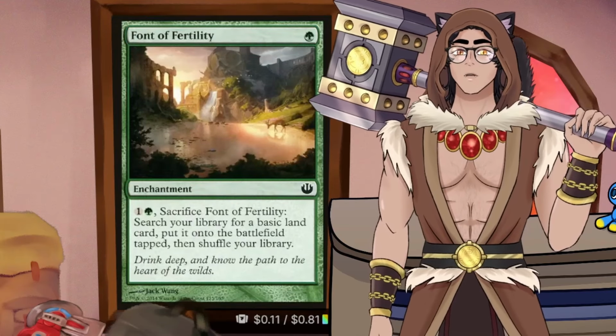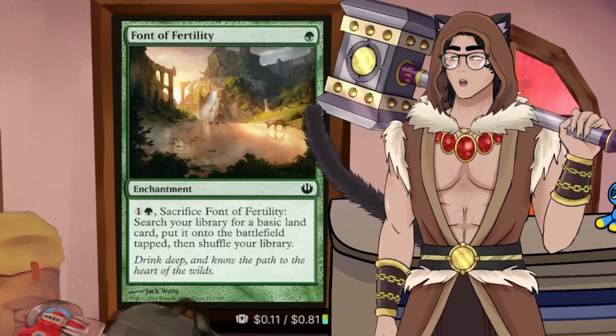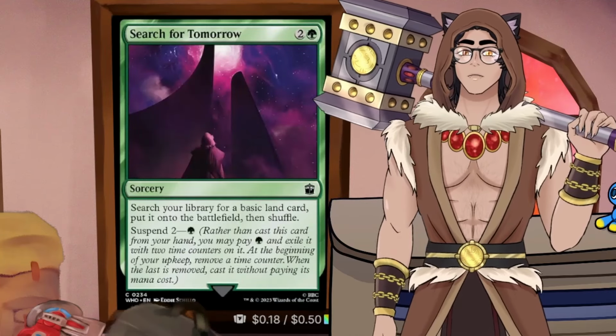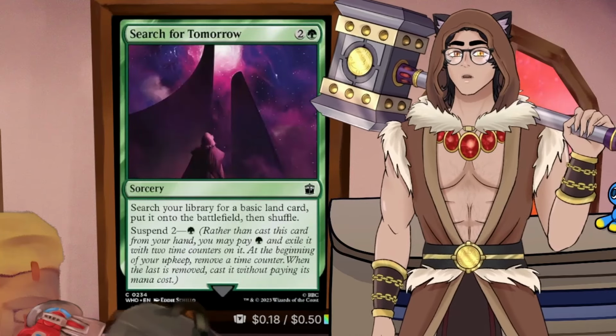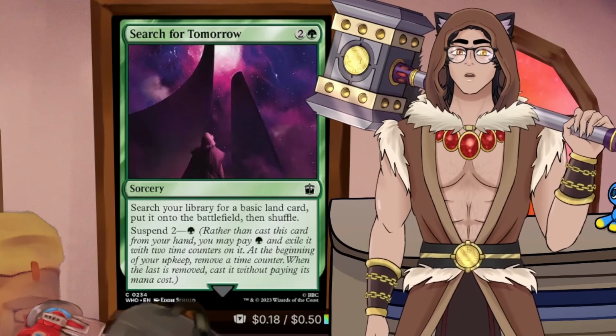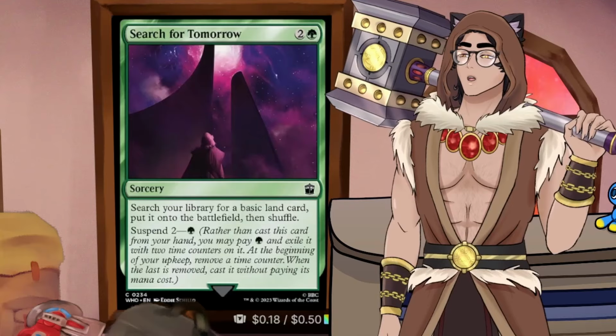Then we have Font of Fertility, sack it to get a basic land out of our library. Dawn Treader Elk, same thing, sack it to get a basic land out of the library. And Search for Tomorrow, search your library for a basic land, put it on the battlefield. It also allows us to suspend it on turn 1, so no matter what, we have a turn 1 play